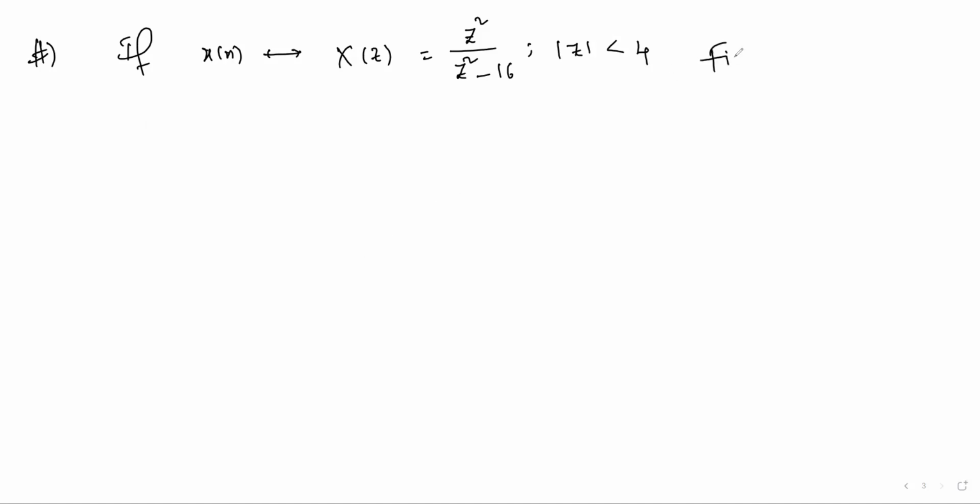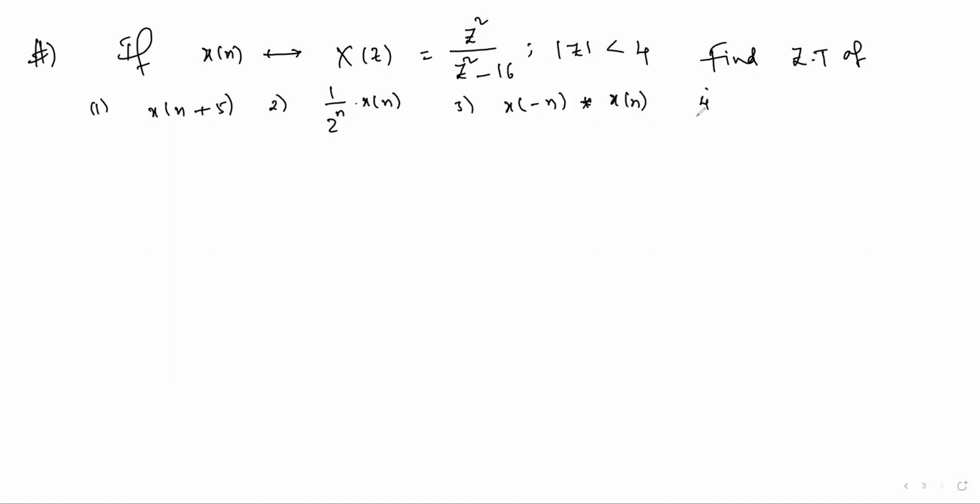Then find z transform of, first x of n plus 5, second 1 by 2 to the power of n x of n, third x of minus n convolution with x of n, fourth n into x of n, fifth x of n plus 1 plus x of n minus 1,